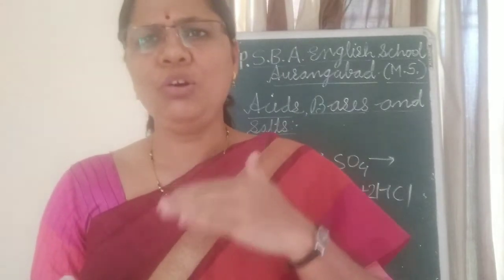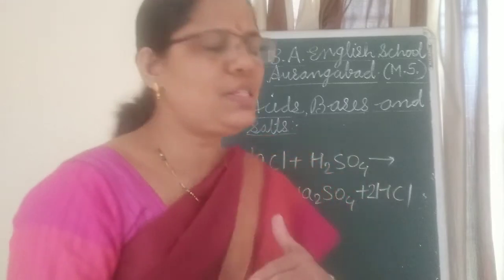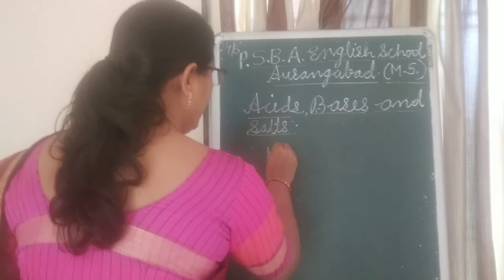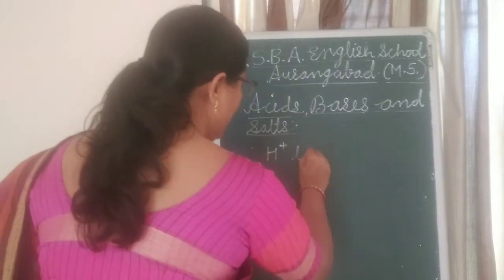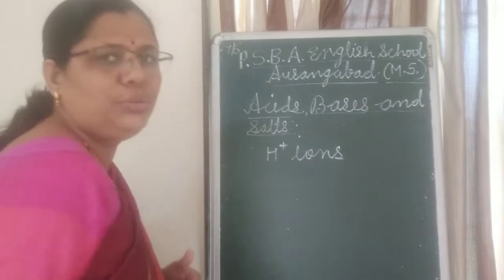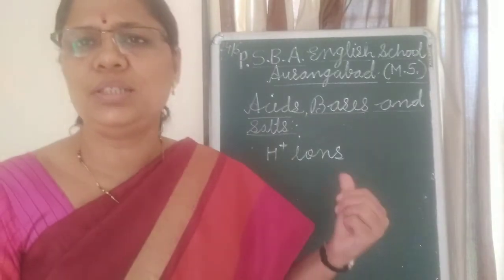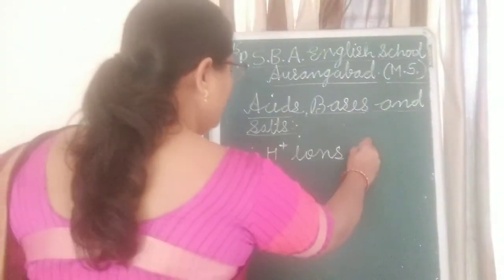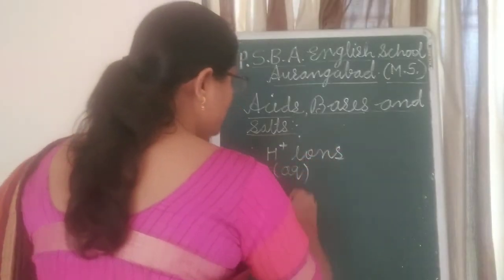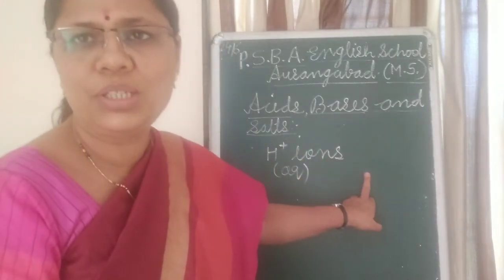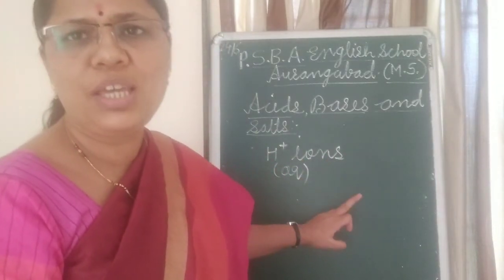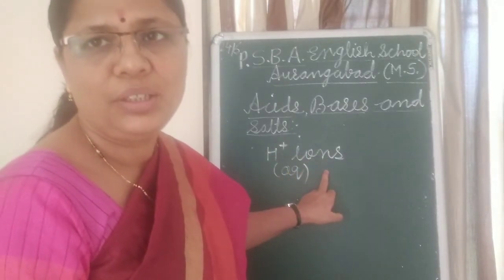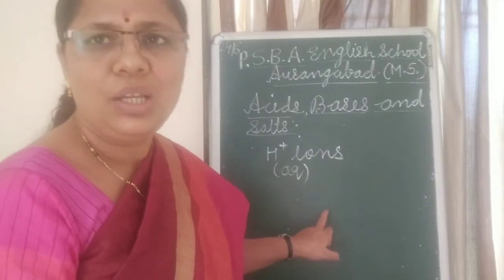Now always keep it in mind that H plus ions, these are the cations. They do not exist alone, H plus ions. Always if you are writing H positive ions, it is wrong. So we need to write always H positive aqueous ions. Okay children, H positive aqueous, because they are dissociated in the presence of water only. Means they are always in a combined state with the water molecules.